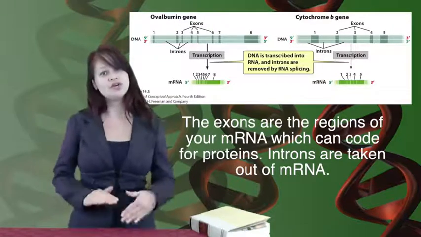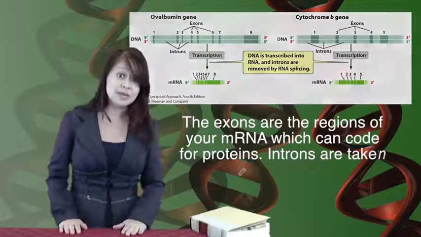So to think about the cookbook analogy, if you have a recipe and there are some ingredients you may not use simply because they're not available or you don't like them, those ingredients would be the introns. You remove them and they're not included in the final meal that you make. The ingredients that you keep for the sections of mRNA are going to be used to make the protein, and we call those, again, exons. mRNA processing can be a player in the final protein that's synthesized. By selectively splicing different exons together, we can create new recipes from that cookbook.